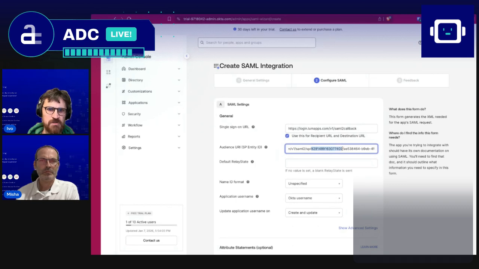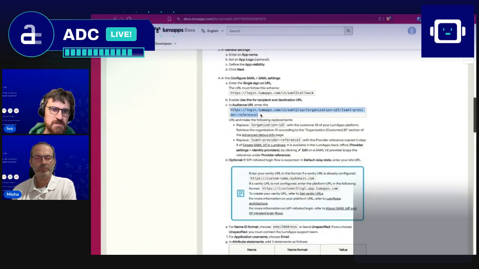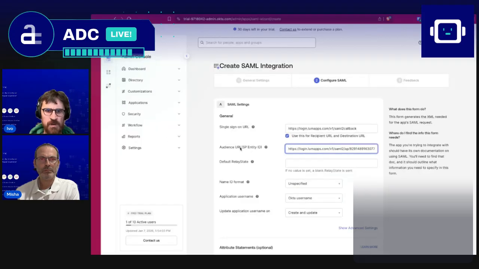The first one is the section about the organization ID. That's the customer ID that we have copied in the advanced debug info window. And then we have the provider ID that is present here. So you craft the right URL following this pattern present here. So this is the pattern, you see. And so you have to replace this organization ID with the ID that you have taken from the advanced debug info. And you have to take the SAML provider reference from the provider configuration. Okay, once you are done with this,